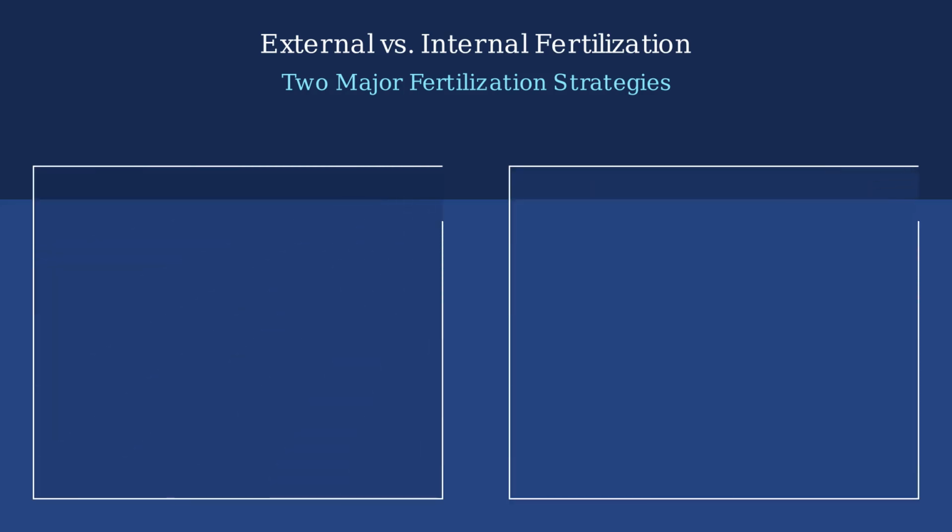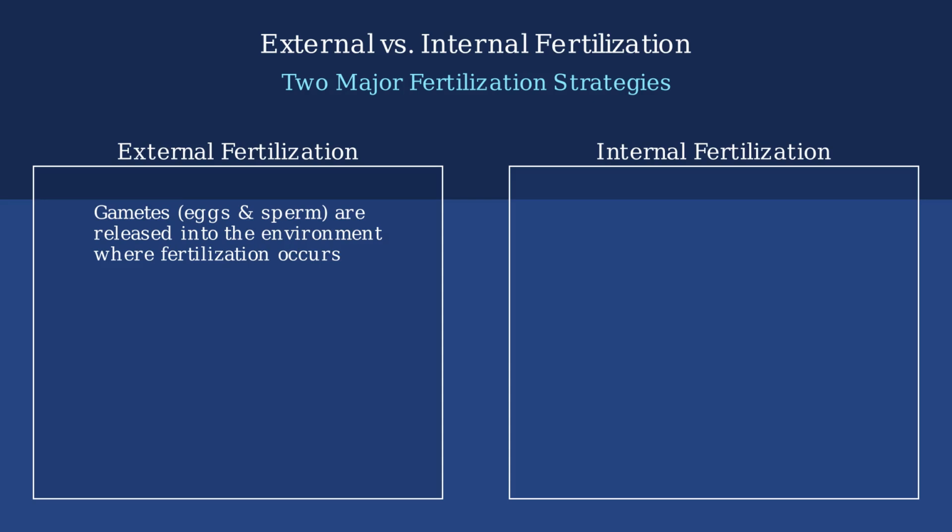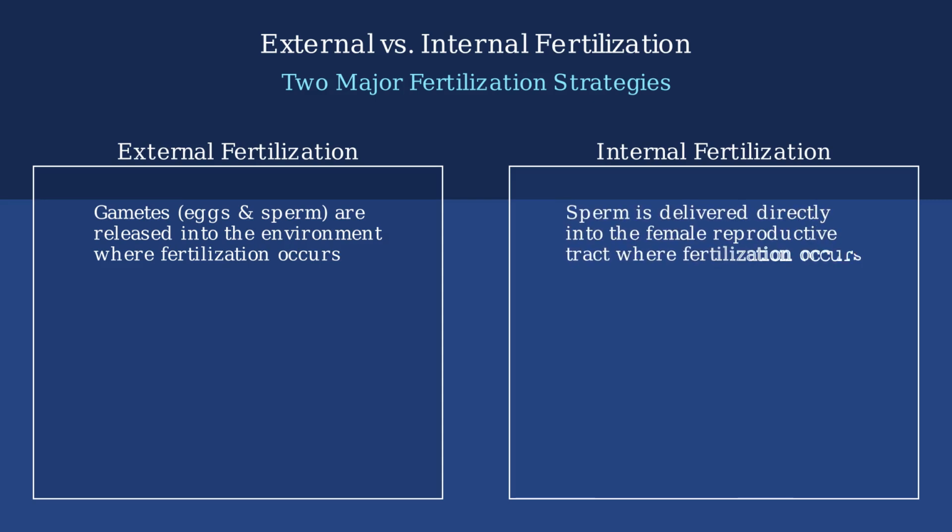Sexual reproduction utilizes two major fertilization strategies, external and internal fertilization. Let's compare these two different reproductive strategies. In external fertilization, eggs and sperm are released into the environment, usually water, where fertilization takes place outside the body. In contrast, internal fertilization occurs when sperm is delivered directly into the female reproductive tract, and fertilization happens inside the